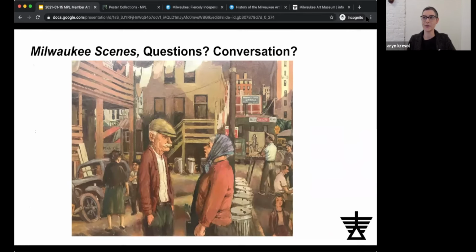And another factor that I was looking at when thinking about how do I showcase Milwaukee scenes in general was also wanting to make sure that we were presenting works that were ready for display. And so thinking about what was in our collection that could be easily accessible, that our public maybe hadn't seen before. A couple of them have been featured in the previous Milwaukee Public Library exhibitions.